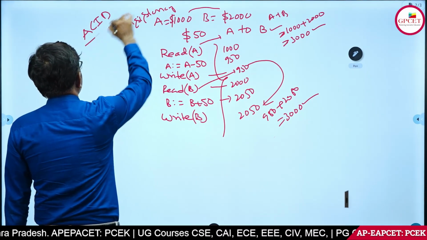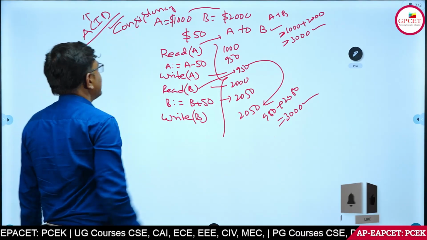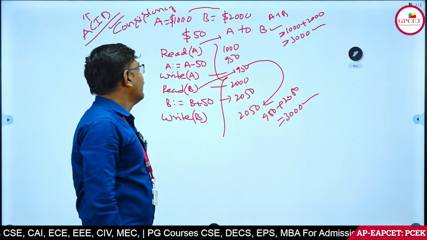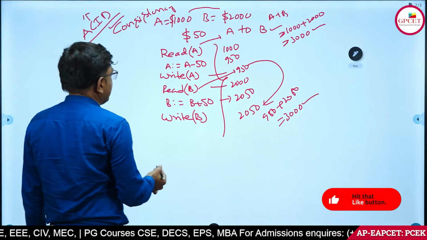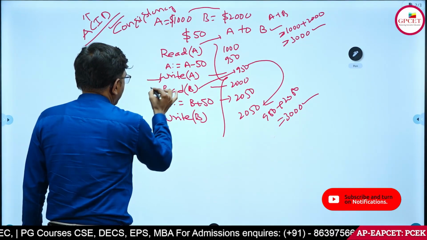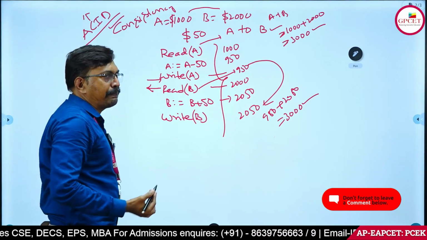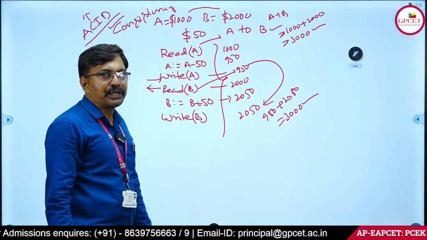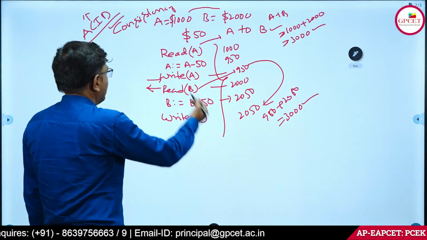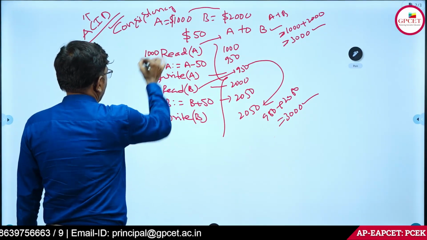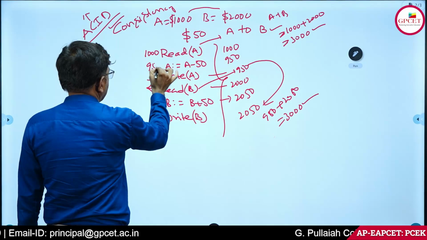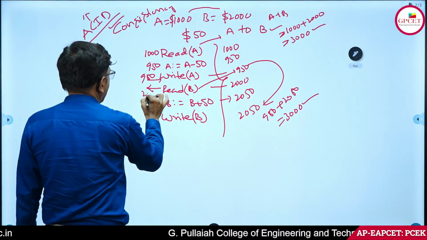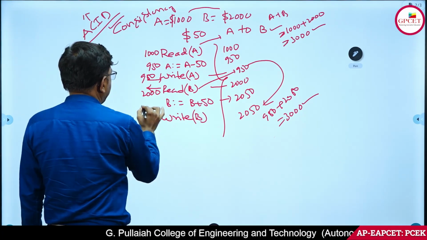And the second one is satisfied: consistency. Before execution the sum, after execution the sum does not change. Whereas for atomicity, suppose after the write A operation and before the write B operation, a power failure occurs. What happened? A equal to A minus 50 is 950, write A 950. Read B is 2000. B equal to B plus 50,